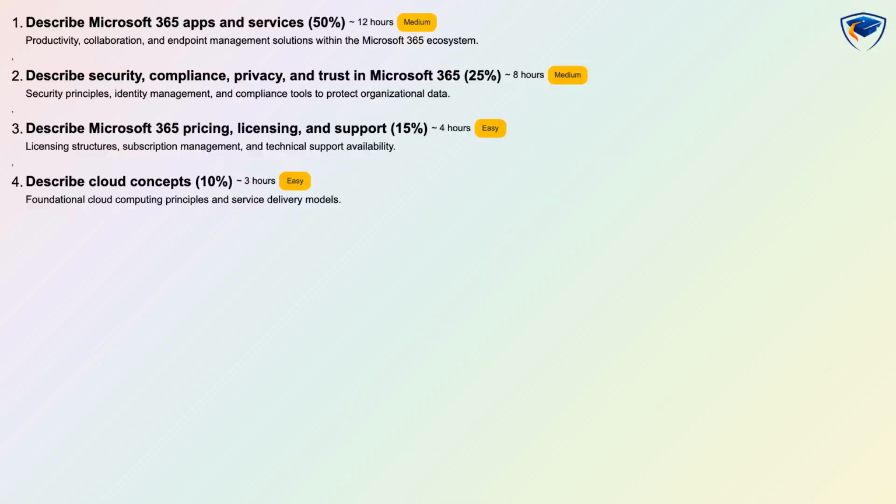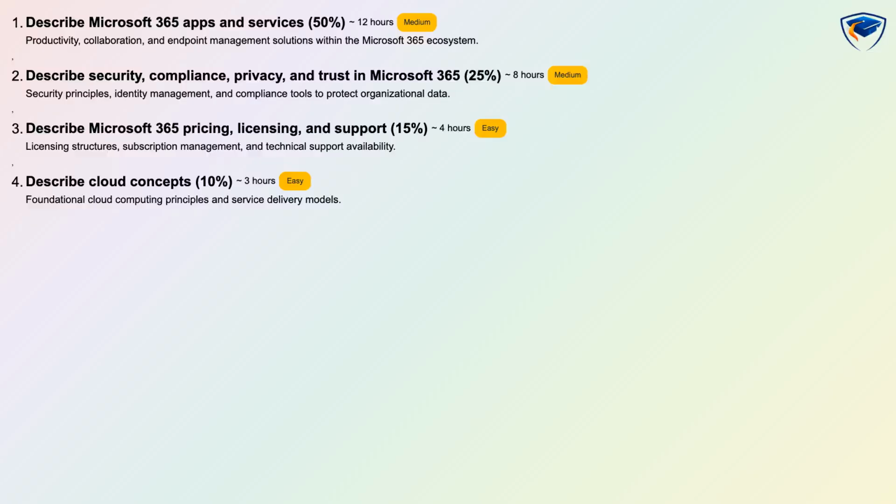This exam has 4 domains with clear weights and expectations. Describe Microsoft 365 apps and services as 50% of the exam. Describe security, compliance, privacy, and trust in Microsoft 365 as 25%. Describe Microsoft 365 pricing, licensing, and support as 15%, and describe cloud concepts as 10%. All domains are assessed as conceptual plus scenario-based questions, so you should be ready to explain ideas and apply them